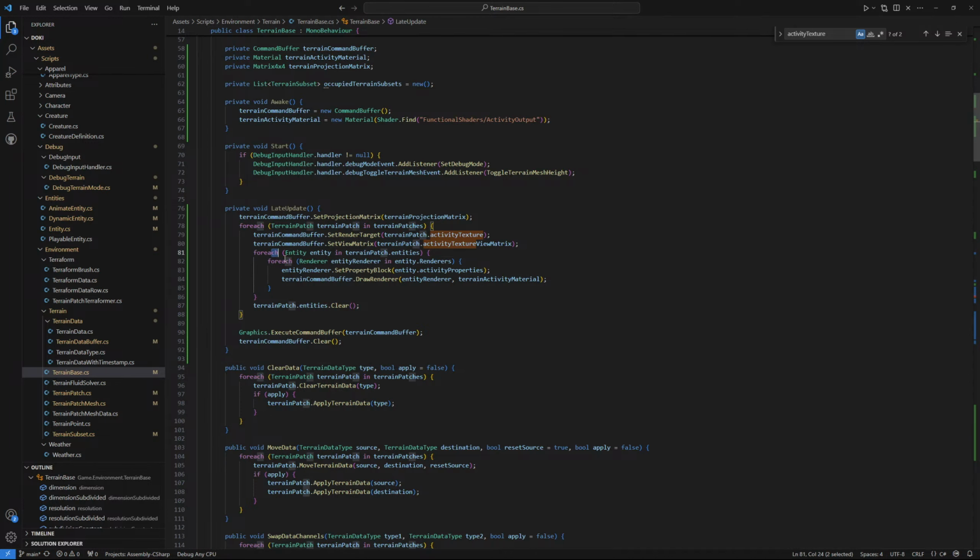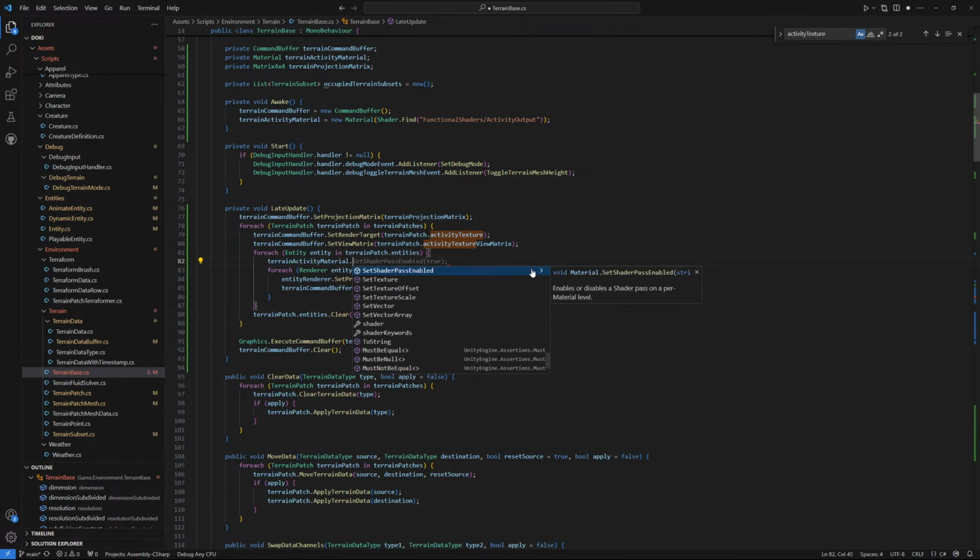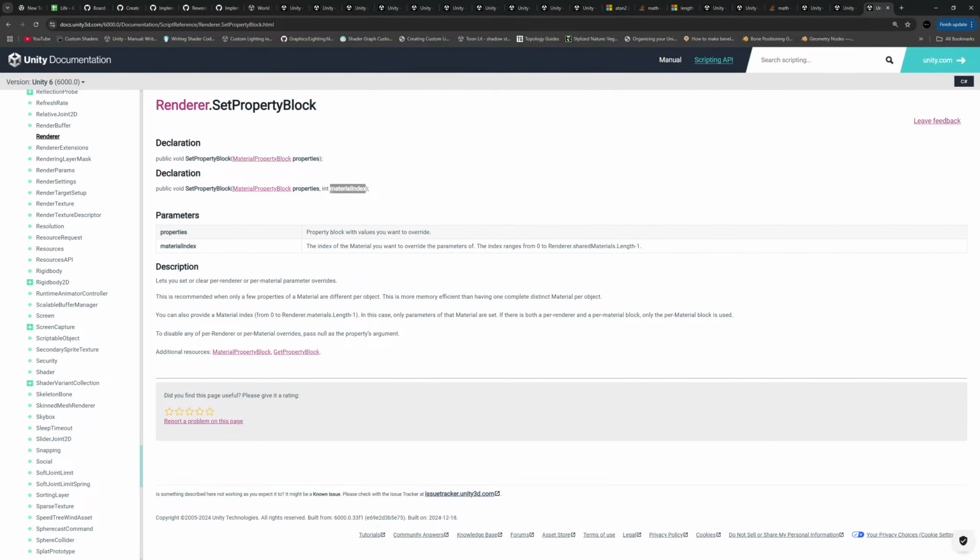So per entity, so could we do terrain activity material dot set property or property, but